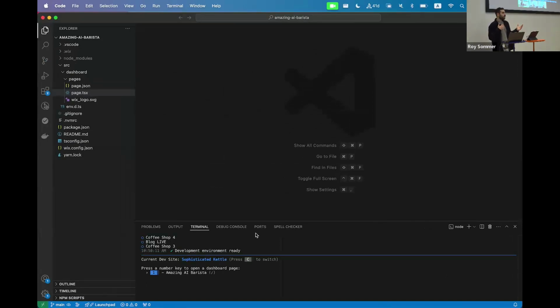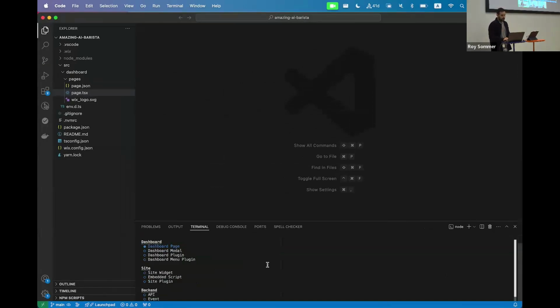Now, in order for us to see something inside the Wix Studio editor, we need to create our first widget. So let's do that. We're going to run yet another command called yarn generate. Now this time we can select an extension from a list of extensions. We have three main categories: dashboard, site, and backend. We're going to focus on site, but later on we're going to see other extensions as well. And we're going to create a site widget. We're going to name it AI Barista widget